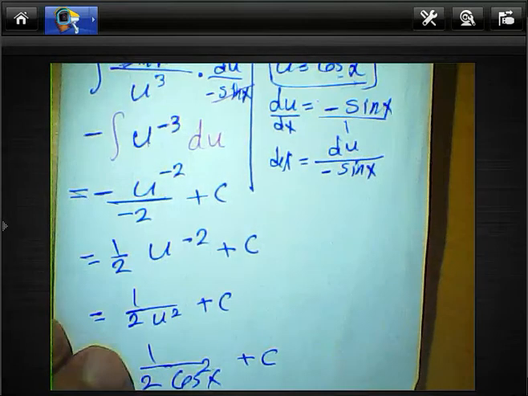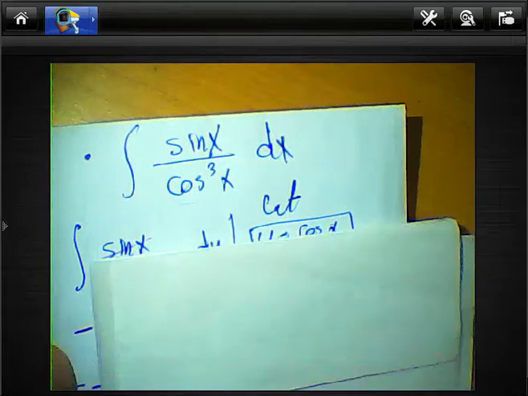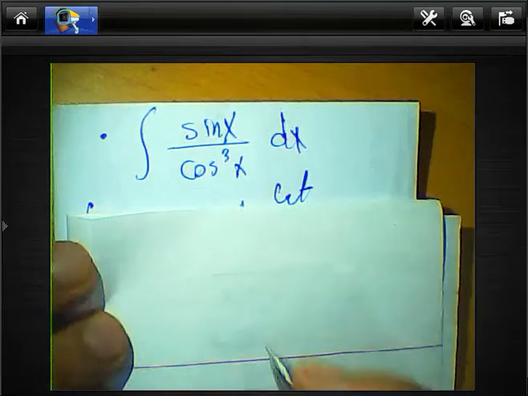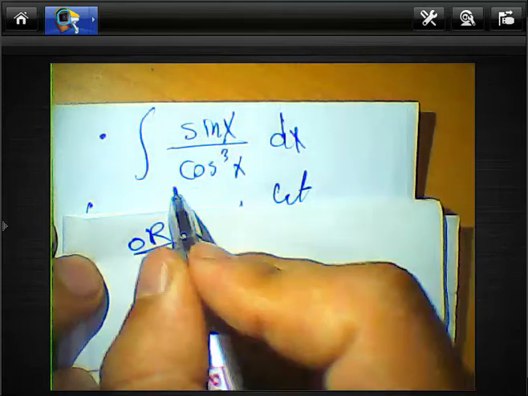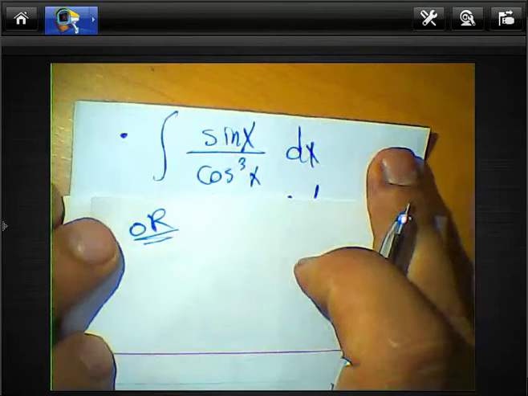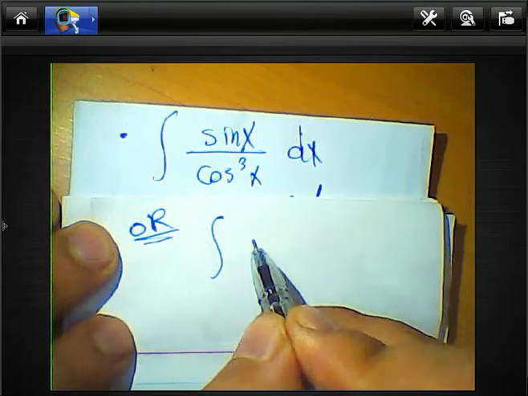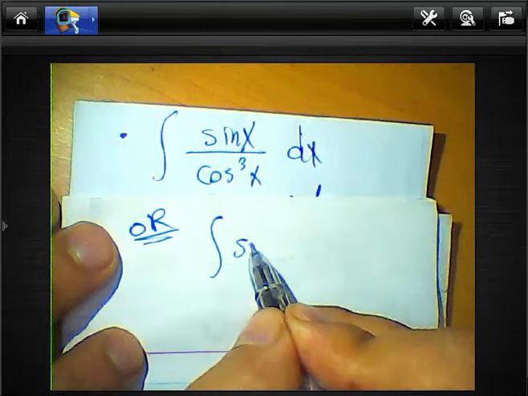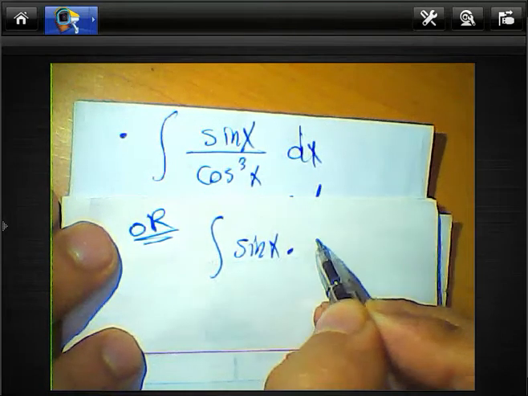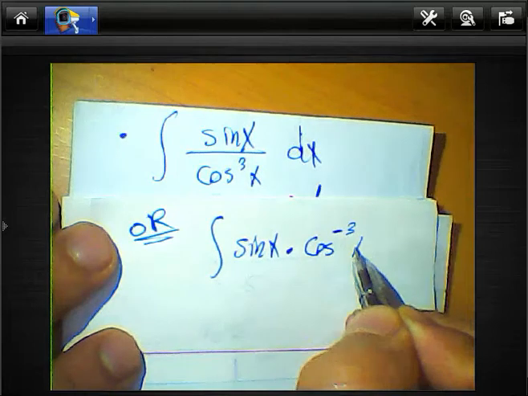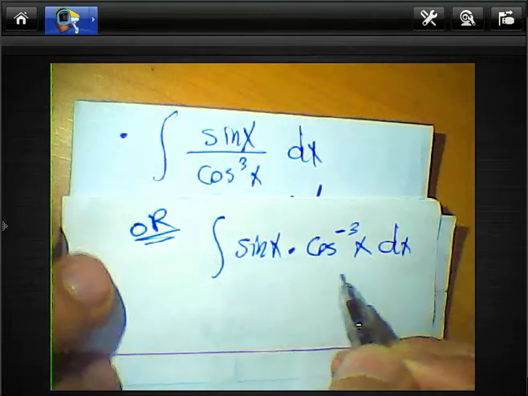Okay, we can solve this example by another method. Look at this method with me. We know this example, we can write sine x dot cosine power negative 3 x dx. Okay, we can write this